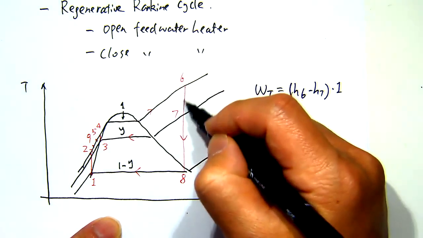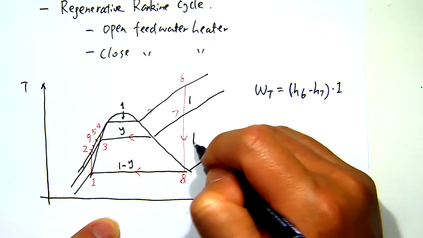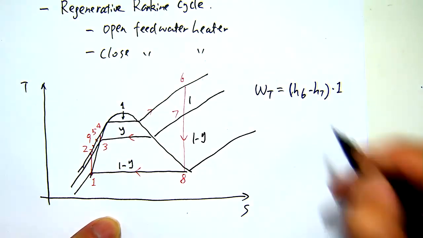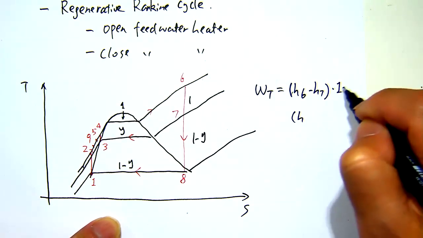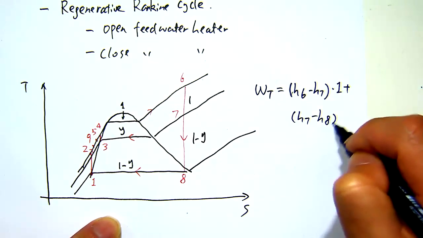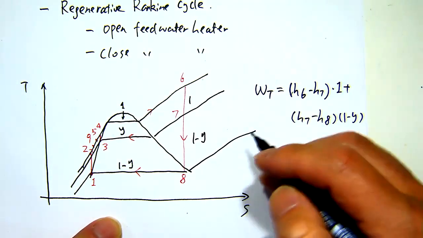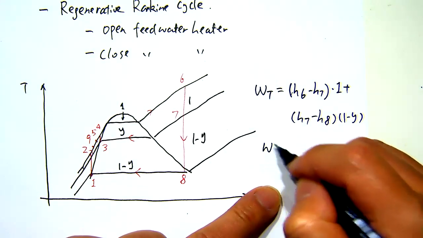So it's coming down here is 1. So here is a 1, here is a 1 minus y, right? And then you have the H7 minus H8 times 1 minus y. So that's your total turbine work,